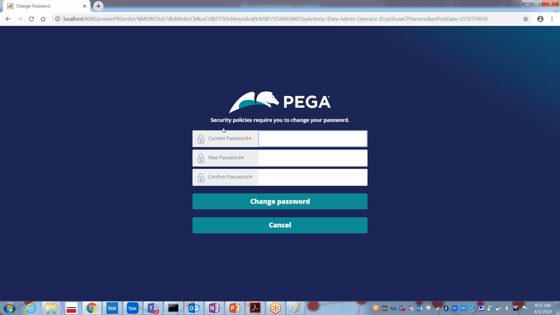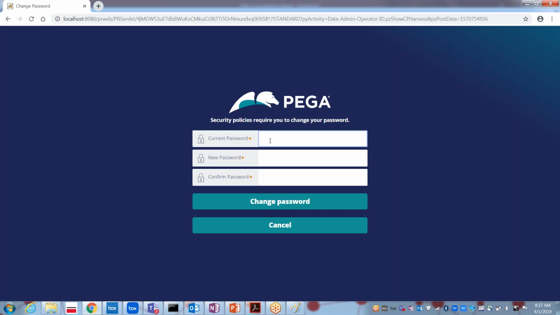Okay, it is saying that security policies require you to change your password. As I am logging into the application for the very first time, it is asking me to change the password.